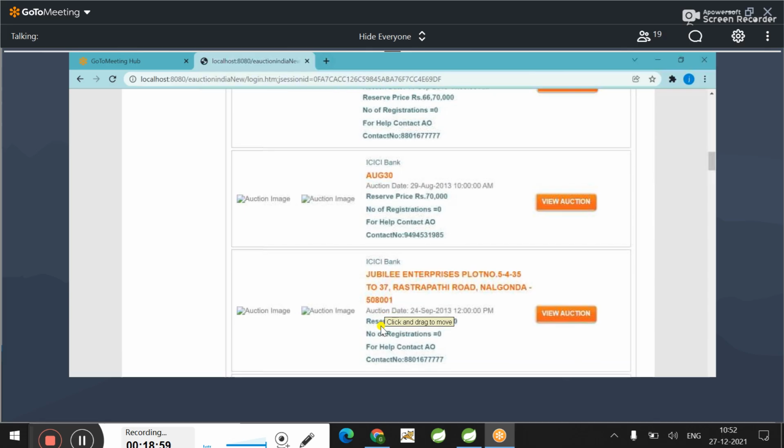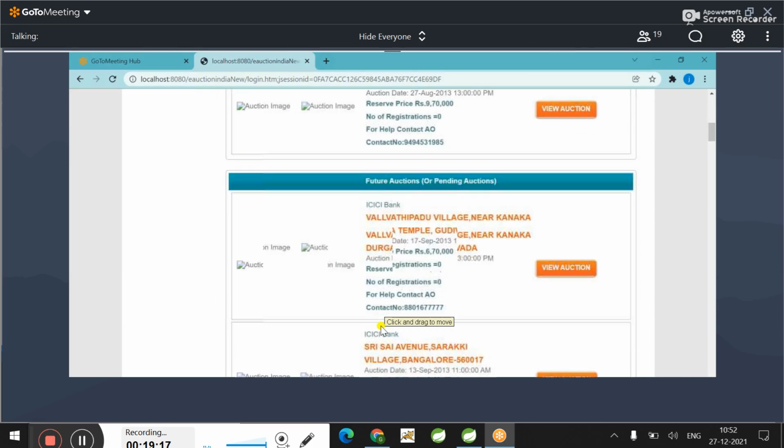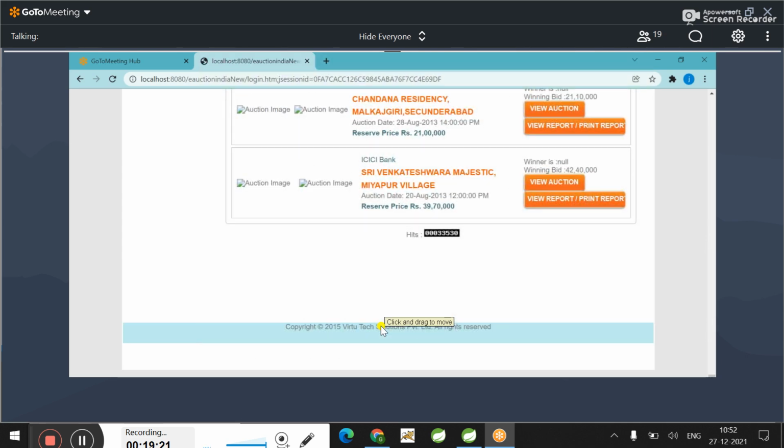Maybe let's assume this is a dashboard. After logging in, this is what we would see here. The header part, you could see here. Menus also you could see here. This is the left frame, and this is the body, and at the end, the footer also, guys. This is the footer, guys. Clear? So now